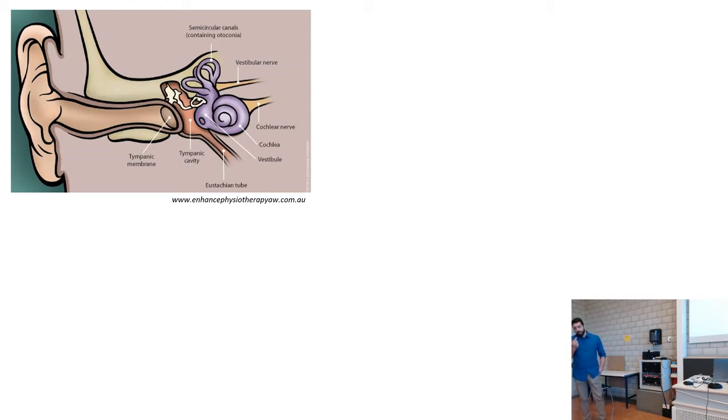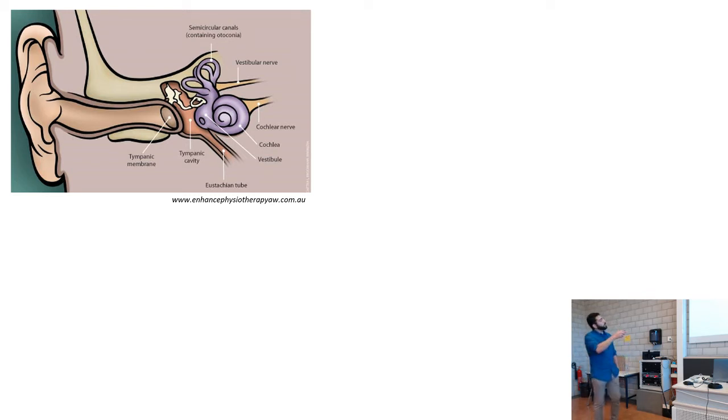Now, the next thing we had to answer was, how does this happen? What is the mechanism? And here I have to introduce to you your vestibular system. So basically, in your inner ear, you have an organ that can sense balance, so that helps you balance, can sense gravity, can sense all types of acceleration of your head. This system is called the vestibular system, and it contains different organs.